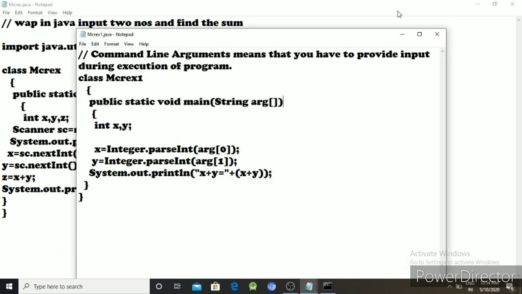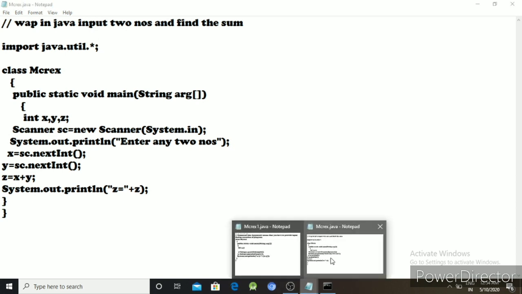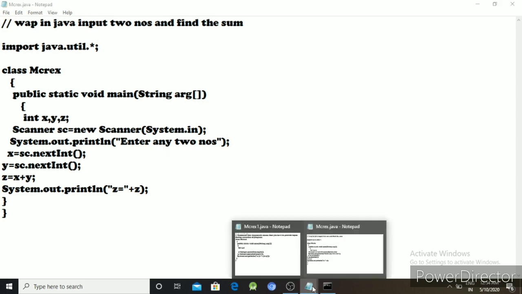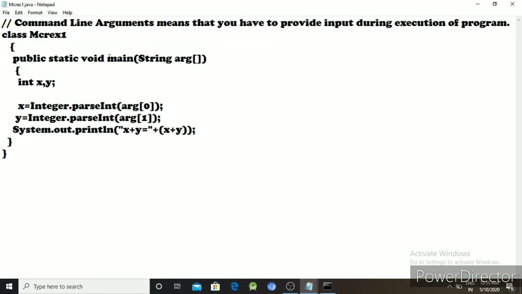So there are two methods. First method is write a program, input two numbers and find the sum using the scanner class. And second method is the command line argument, which means that you have to provide input during the execution of program.